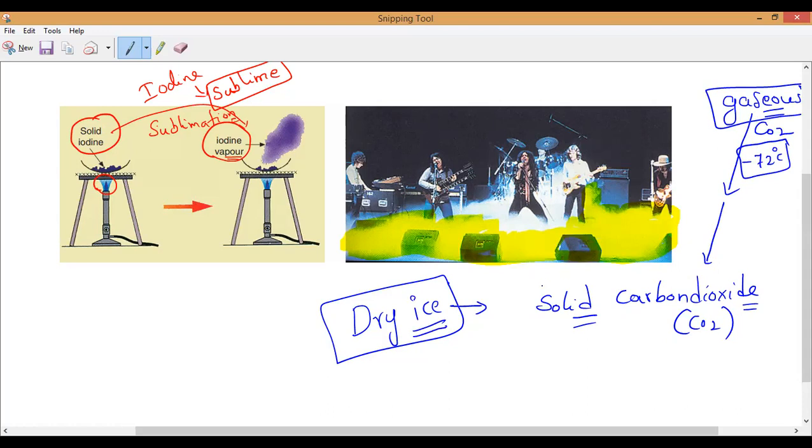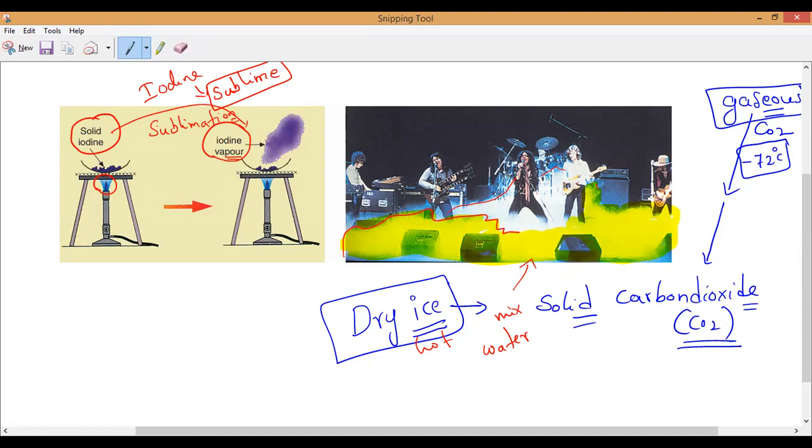That solid CO2 is what we call dry ice. It's not ice, it is dry ice. Mind you, you have to remember what the substance is: dry ice is carbon dioxide. Understand? If this carbon dioxide is mixed with water, I will show you the video also, or with hot water, then it produces a smoke. This smoke is used in movies to shoot songs in heaven, creating the climate like clouds. Yes or no, guys? For creating clouds, they use this dry ice only.